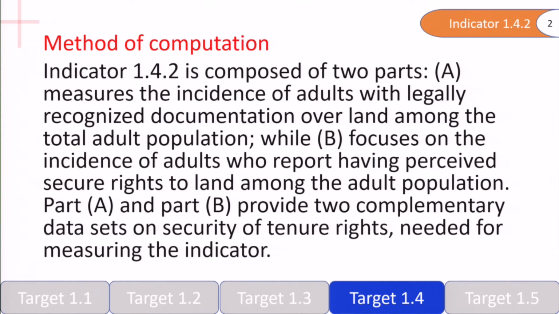A, we measure the incidence of adults with legally recognizable documentation over the land among the total adult population, and the second part focuses on the incidence of adults who report having perceived secure rights to the land among the total adult population. Both A and B are two complementary data sets on the security of tenure rights needed, and this is used to measure indicator